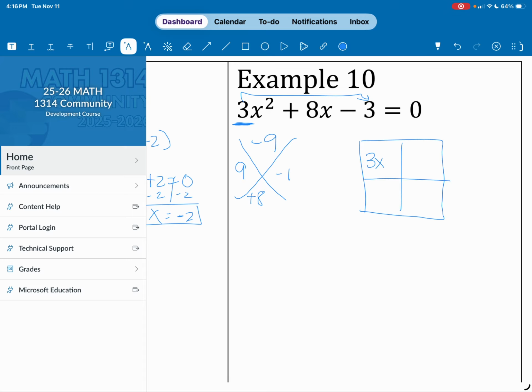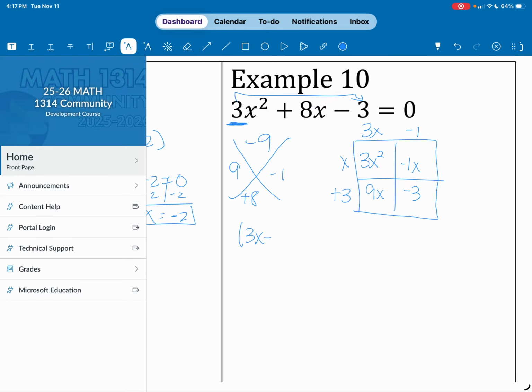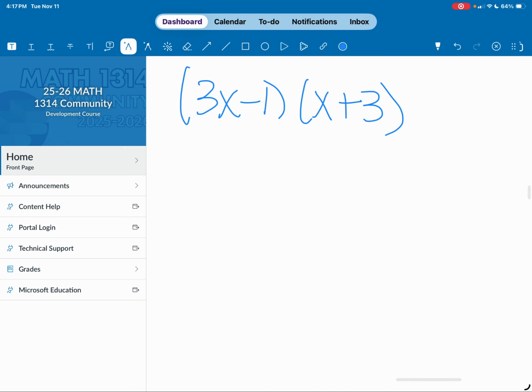So we get 3x squared, negative 3, 9x, negative 1x. So 3x times x gives me 3x squared. X times negative 1 will give me negative 1x. 3x times positive 3 gives me 9x, and 3 times negative 1 gives me negative 3. So my factors are 3x minus 1 and x plus 3,